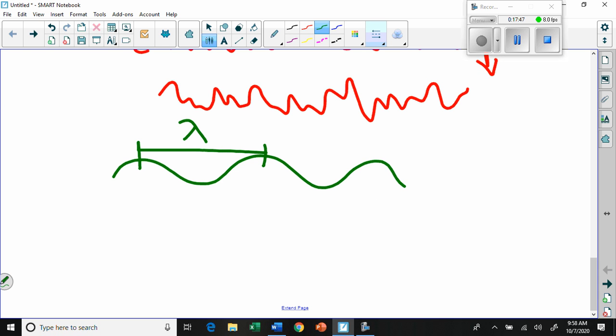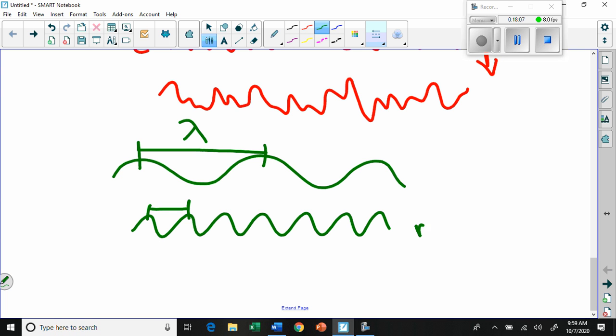And we use the little Greek lambda. Lambda stands for L, which is a length. And that's telling us how much wavelength the light has, or the wave has. And of course, this wave is also a wiggly wave, but it has a much shorter wavelength. Shorter wavelengths have more energy